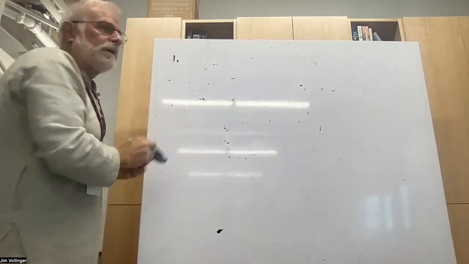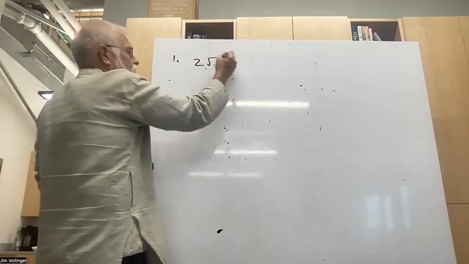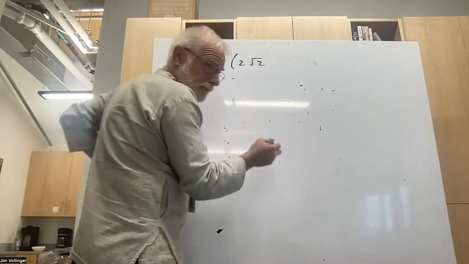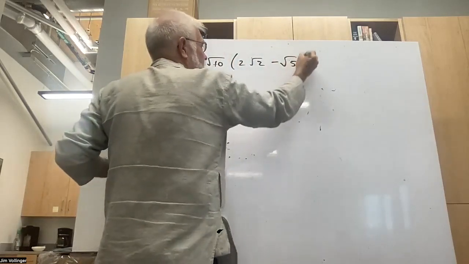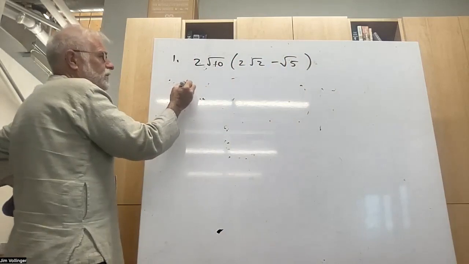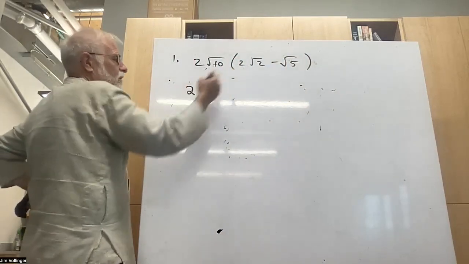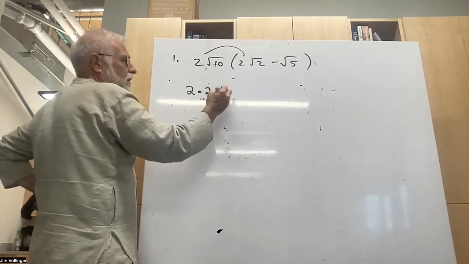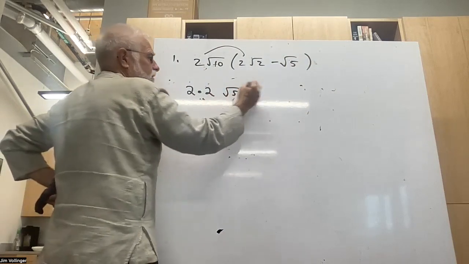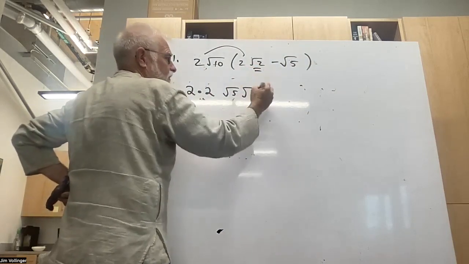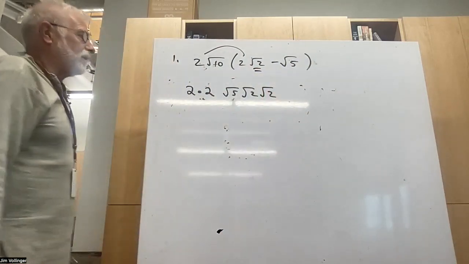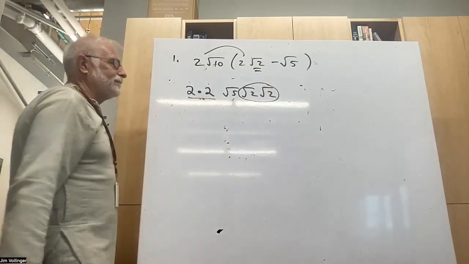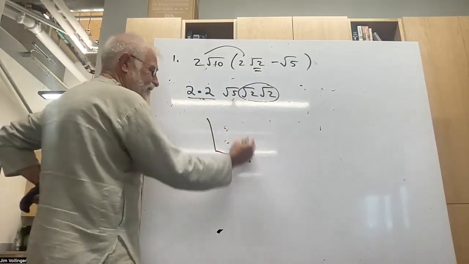All right, next. 2 root 10, but I'll put the original problem down. 2 root 2 minus root 5. There's that root 5 again. So I'm going to rearrange this to be 2. I'm going to bring this 2 out. Okay, that 2 is coming out. I'm going to rewrite square root of 10 as the square root of 5 times the square root of 2. And then this is still left. So you got to be careful that you keep track of things. There's some renaming here. And there's some renaming there. Root 2 times root 2 by definition